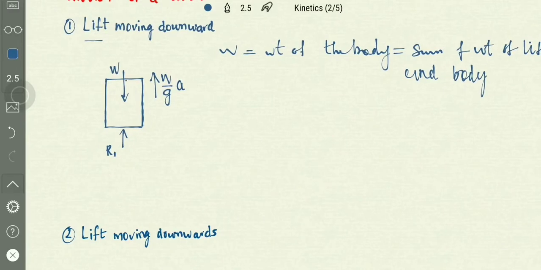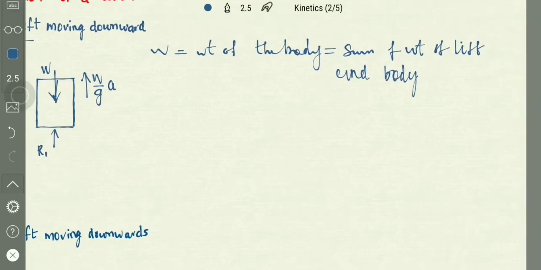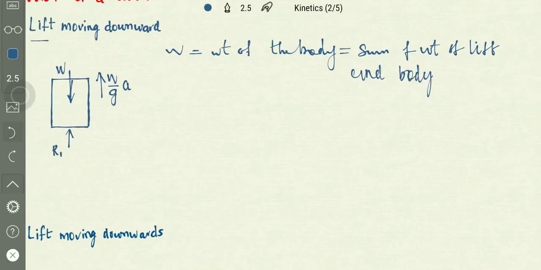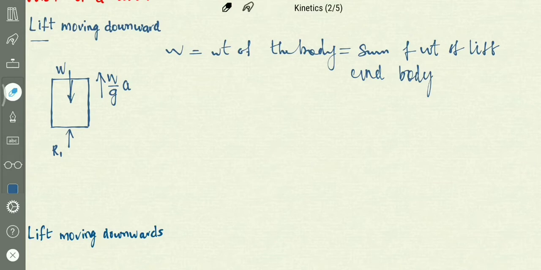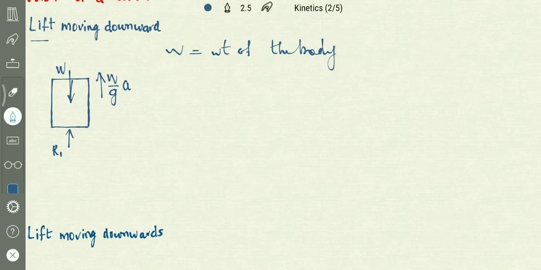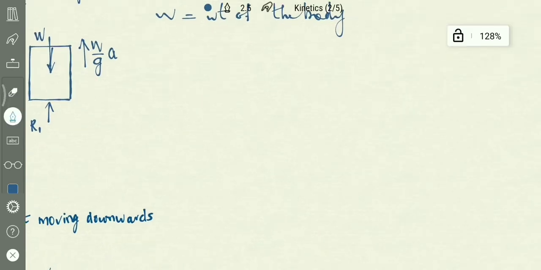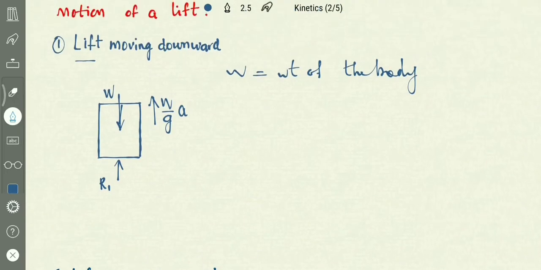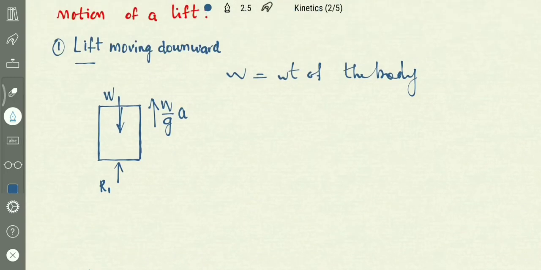So if the weight is acting downward, this is just the weight of the body. So if the weight is acting downwards and the lift is moving downwards,